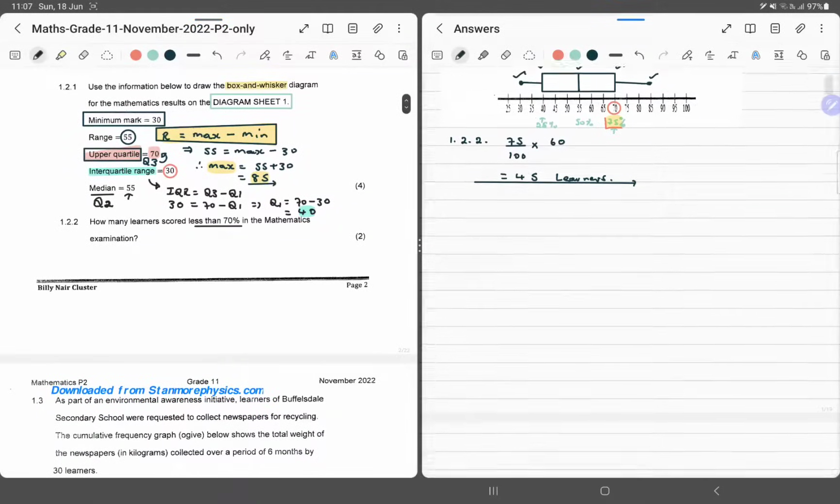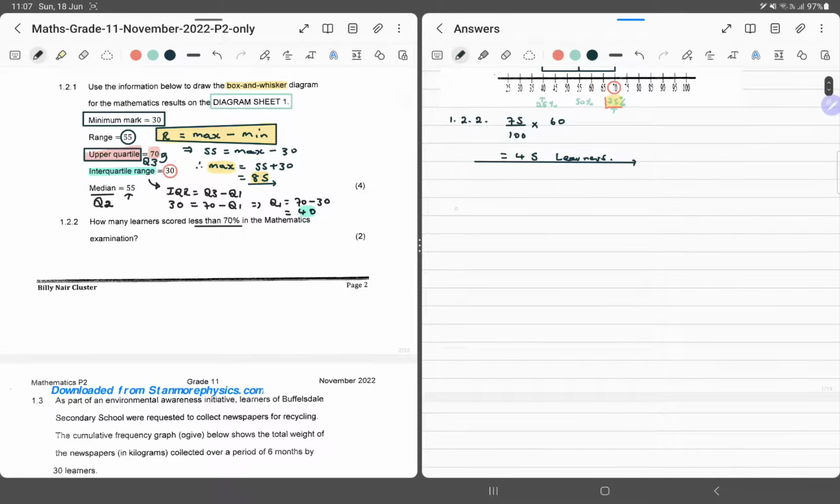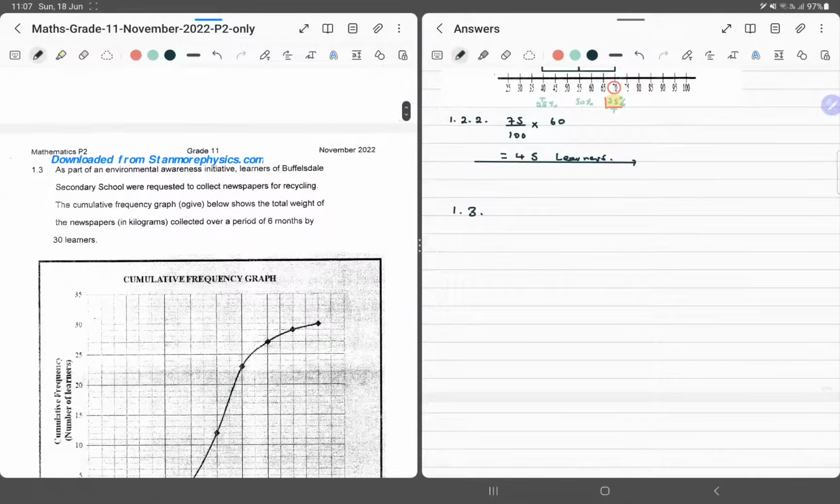That's it. We're done with 1.2, so we go for 1.3. And then 1.3 says, as part of an environmental awareness initiative, learners of Bafflesdale Secondary School were requested to collect newspapers for recycling. The cumulative frequency graph, we call it a cumulative frequency graph, or this is called an ogive,